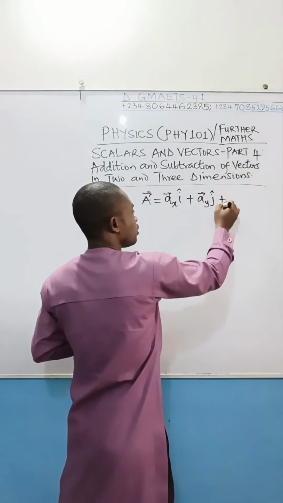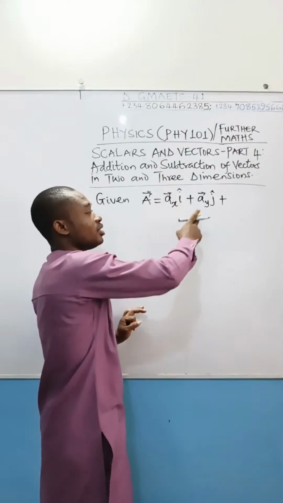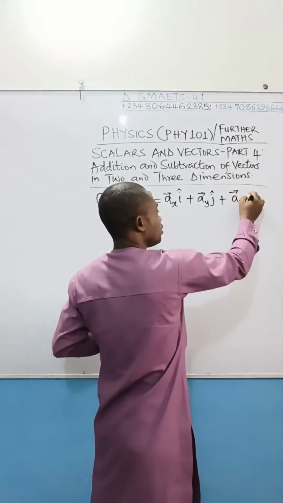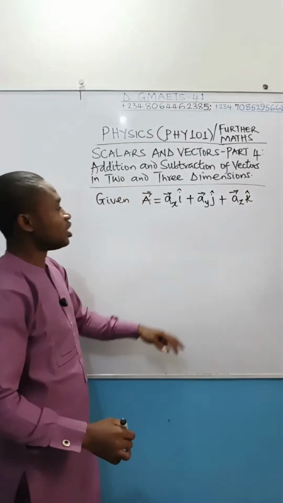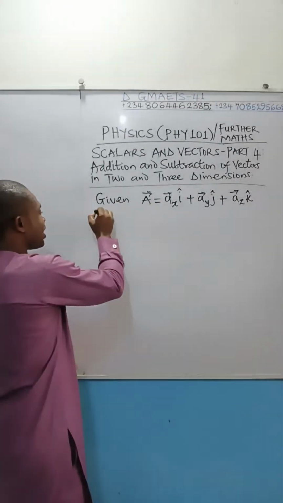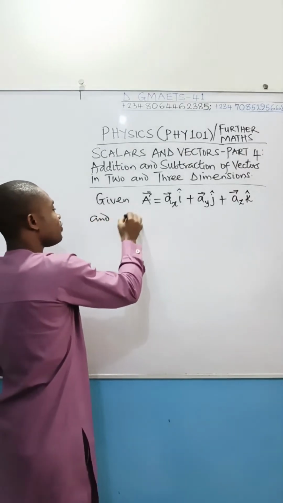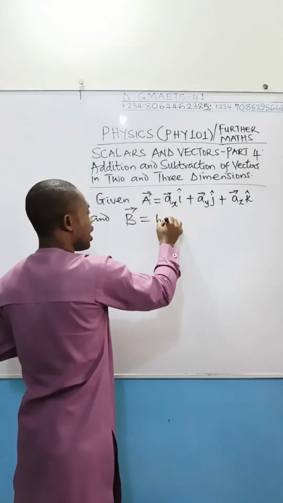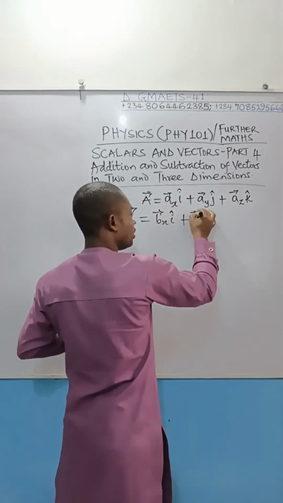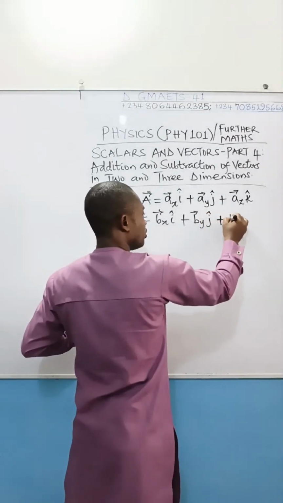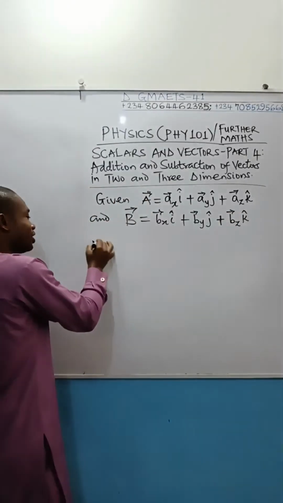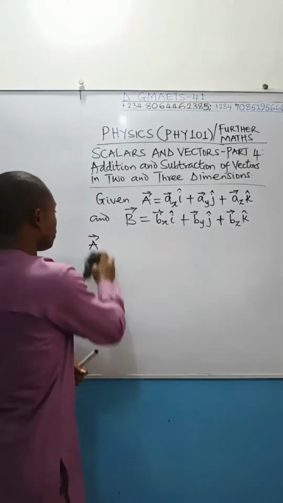And then plus, of course, you know that along the y-axis, the unit vector, direction vector is j. Then we have az, the unit vector k. This is the z component of this given vector. So given this and another vector b to be equal to, let's say, bx i plus by j plus bz k. If I ask you to add vector a plus vector b,